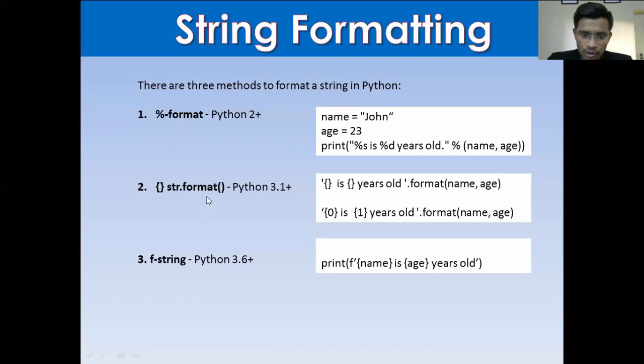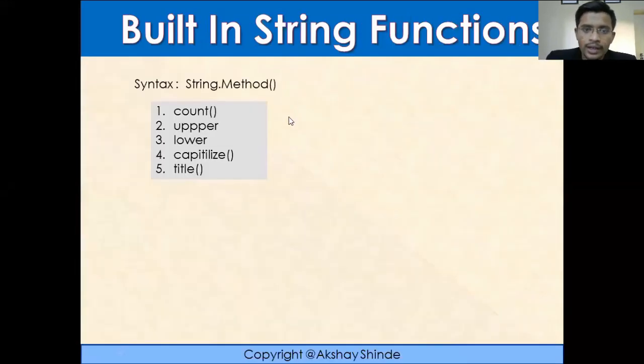Okay, so we just saw the third type of formatting which we hadn't covered yesterday, so that's why we covered this. Just take a note of this, it will be really helpful for you for the next few projects. Now these are a few of the things we are going to cover. These are some inbuilt functions in Python, which are really very helpful.